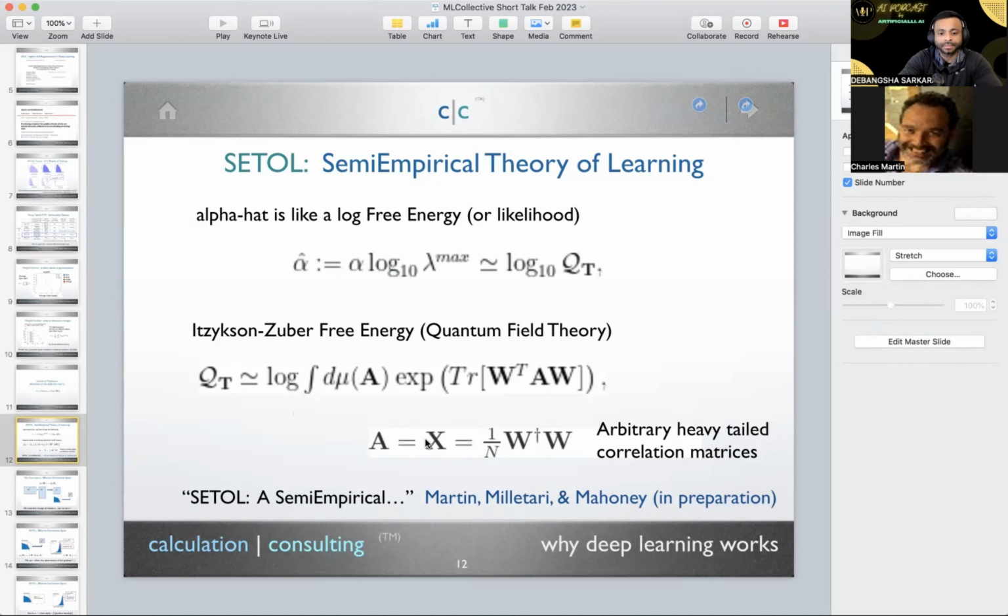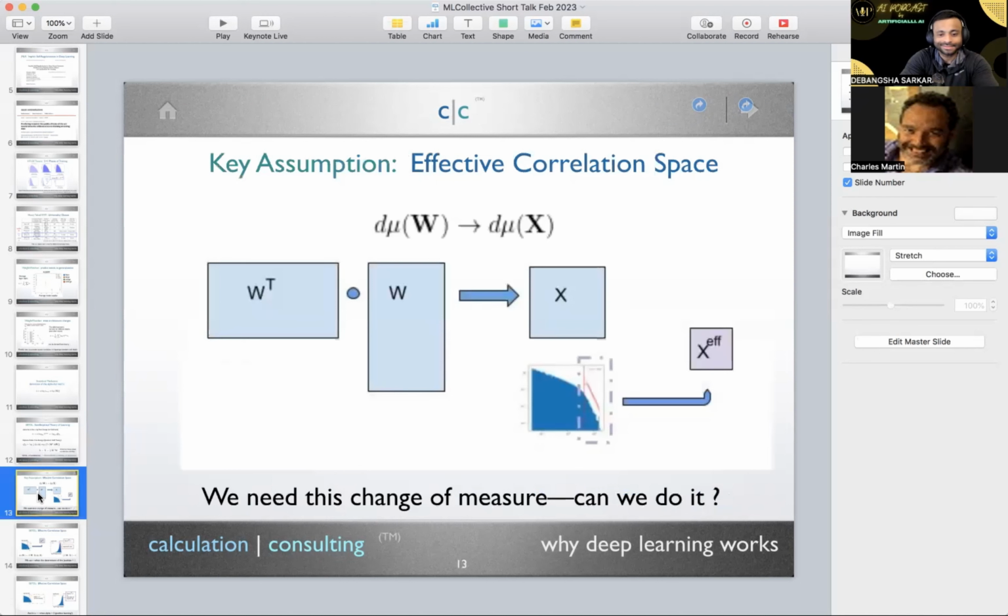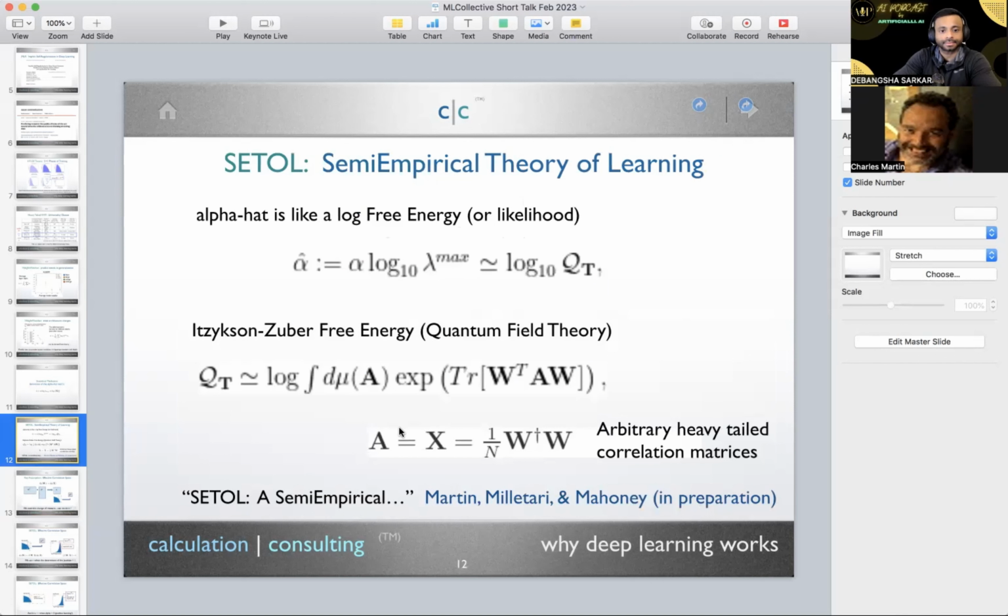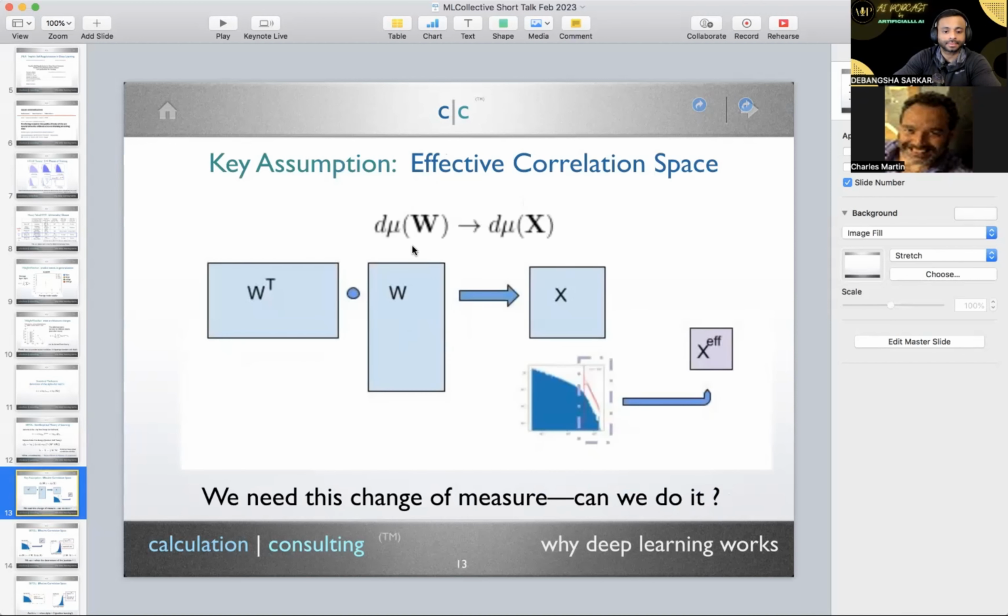Yep. So the idea is you're going to look at all the correlation matrices that resemble what you see empirically. Now, in order to formulate the theory, and it would take us, I don't know, 4 weeks to go through the whole theory, you have to move from a measure over all random matrices to a measure over all correlated matrices. So you have to do a change of measure. So there's an integral. In order to get to this theory, using statistical mechanics techniques, this is all semi-rigorously derived. In order to get to this final integral, you have to do this little step.